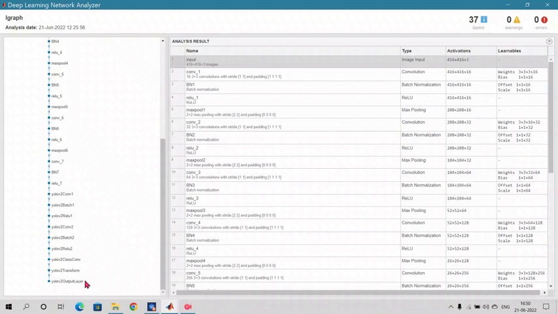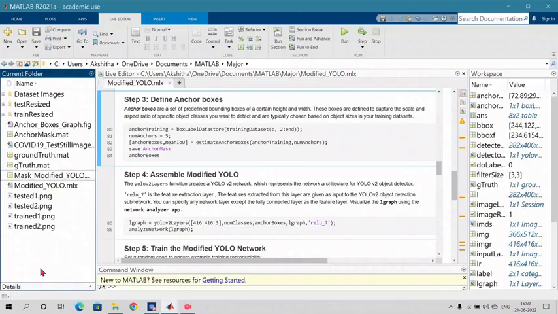So the modified YOLO layer has 37 layers, which includes 1 input layer, 7 convolutional layers, 7 batch normalization, 7 ReLU layers and 6 max pooling layers, along with YOLO V2's convolutions, batch normalization, ReLU, and then the transform and output layer. And coming back to the code,